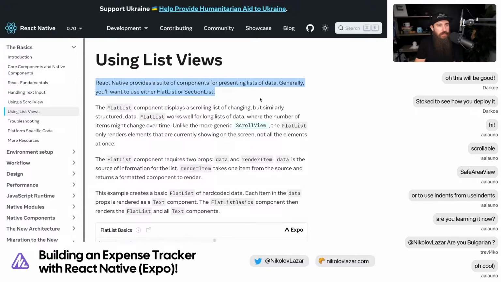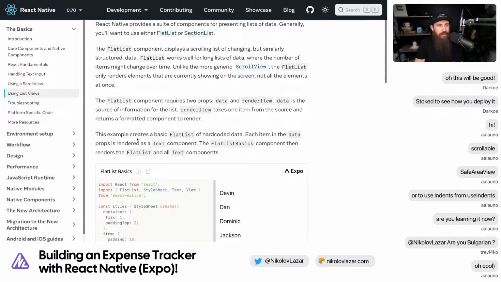List views: components for presenting lists of data. Generally, you want to use a flat list or a section list. The flat list is basically a flat list, right? You feed children to it and it just scrolls through the children. Scroll list of changing but similarly structured data. Long list of data where the number of items might change over time. Unlike the more generic scroll view, the flat list only renders elements that are currently showing on the screen. So not all elements